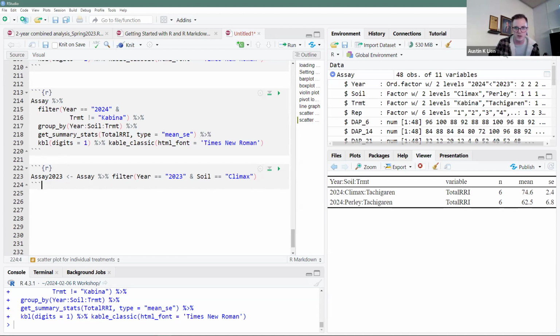Let's see, where else do I want to go? Where the heck is the end? Okay, so I just have a bunch of us doing it. So I don't know if this is an